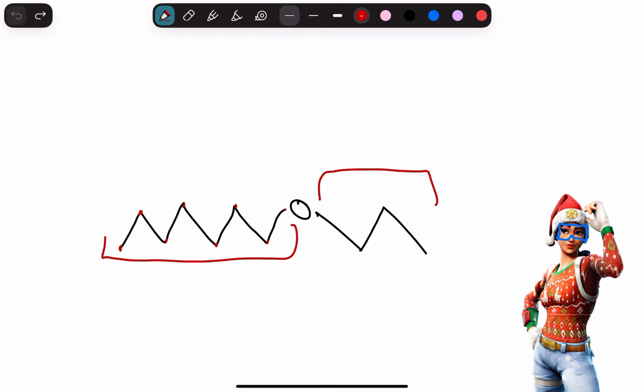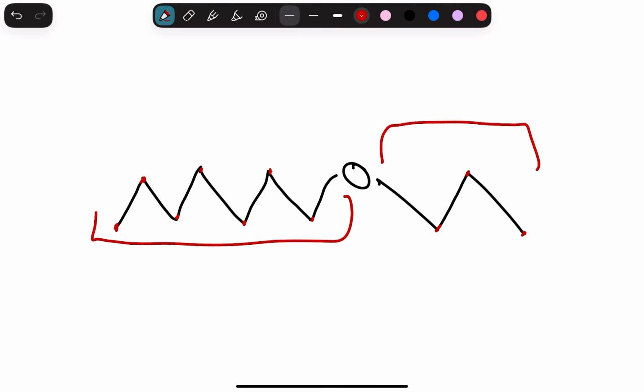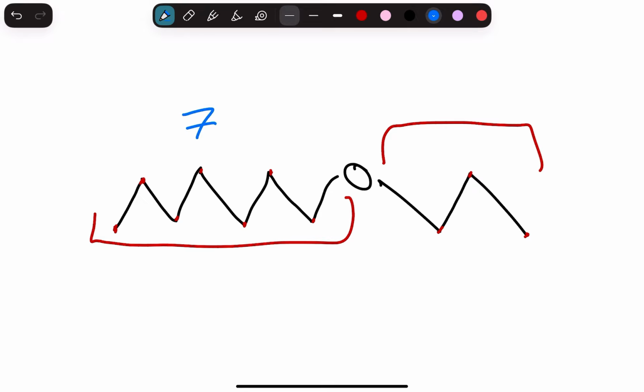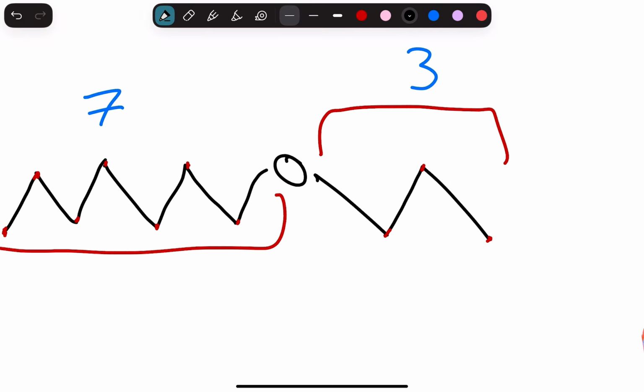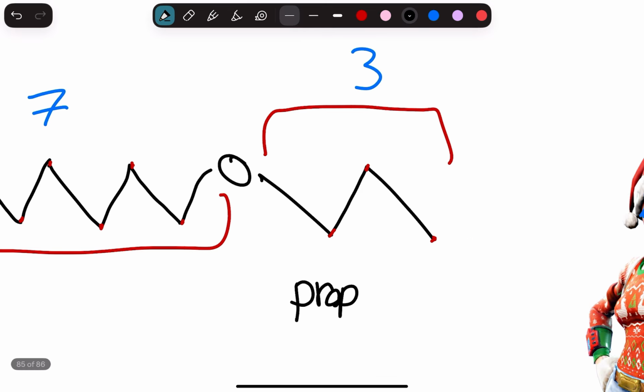hold on, made a little mistake. This one would be 7, and this one would be 3. So if we have 7 on here and 3 on there, what would this one be called? So let's count, 7 and 3. So we said before that the shorter side always gets the oxy prefix, or the oxy ending. So this one has 3, so it's going to have the prop prefix, and then we just add the oxy ending, so